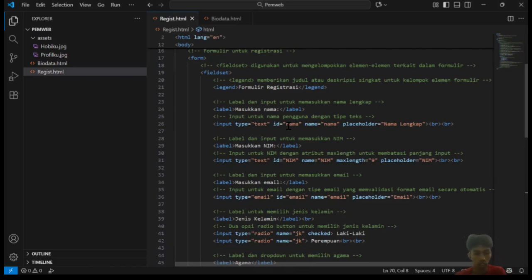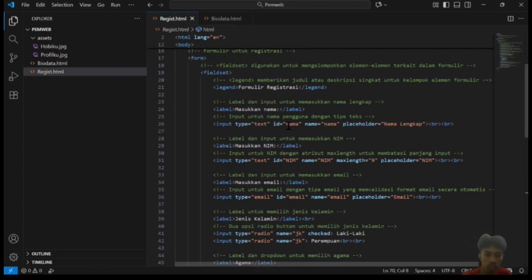Placeholder contains instructional text that appears inside the input box before it's filled, while id and name function to identify the input within the system.